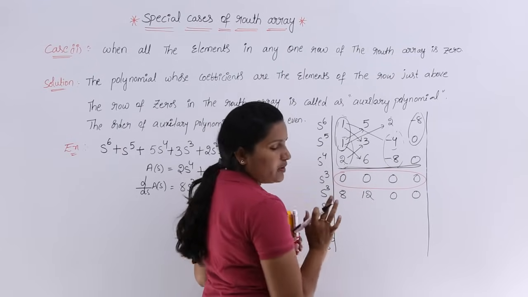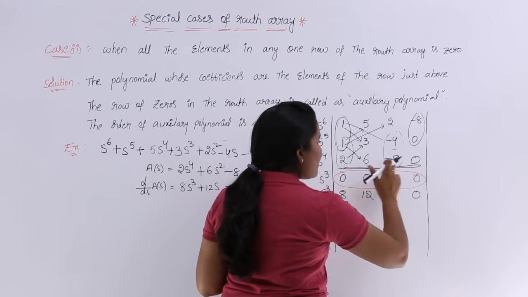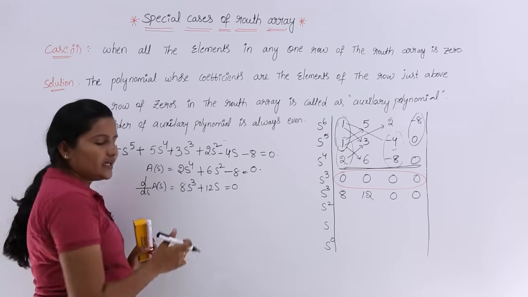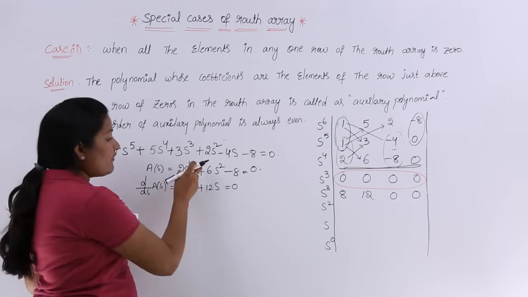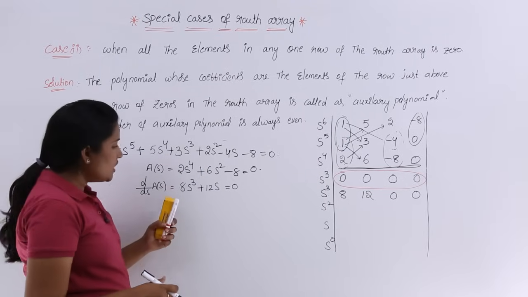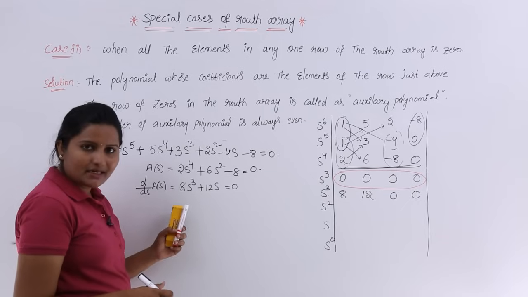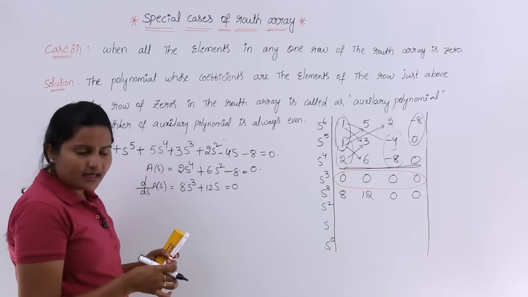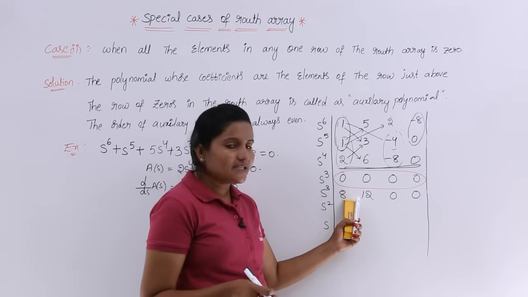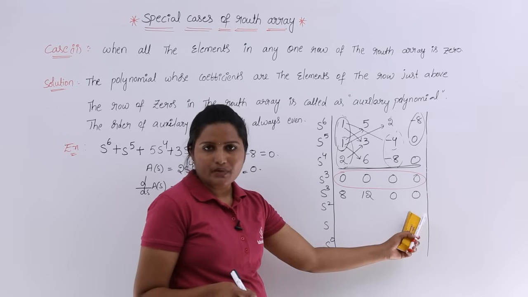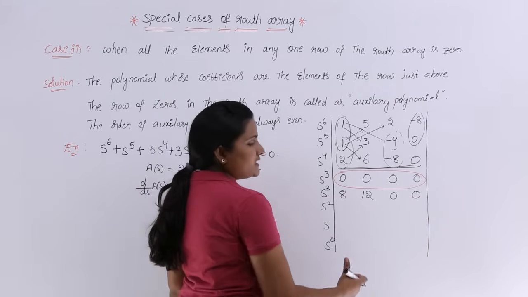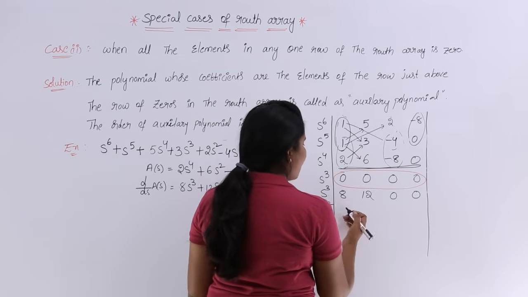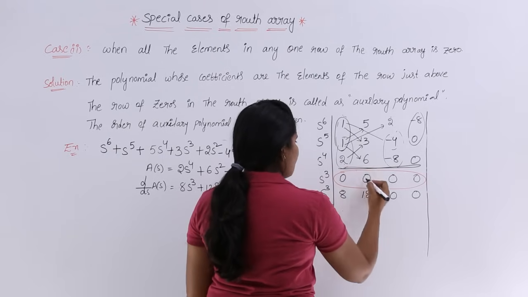You modified s cube. How you modified means, when you got all zeros, you just consider the previous line as auxiliary polynomial in terms of even powers. After considering in terms of even powers, you just differentiate your auxiliary polynomial equation. After differentiating, whatever the coefficients are there, that coefficients you need to replace in terms of that zeros. Now, you just proceed as it is, as you are doing in the Routh array. So, you just forgot about this line, and to get this point, so 2 and 8 and 6 and 12